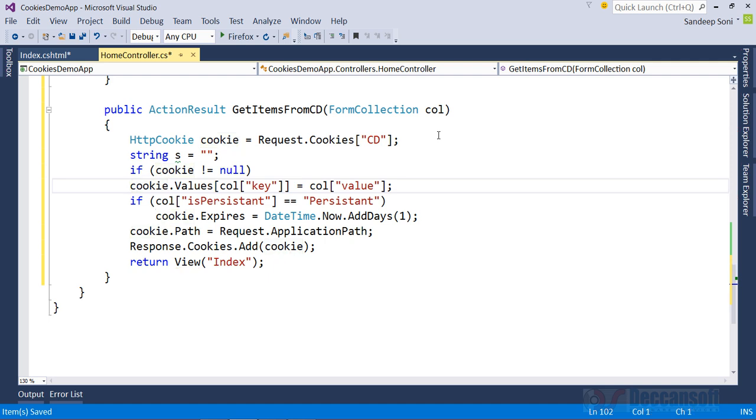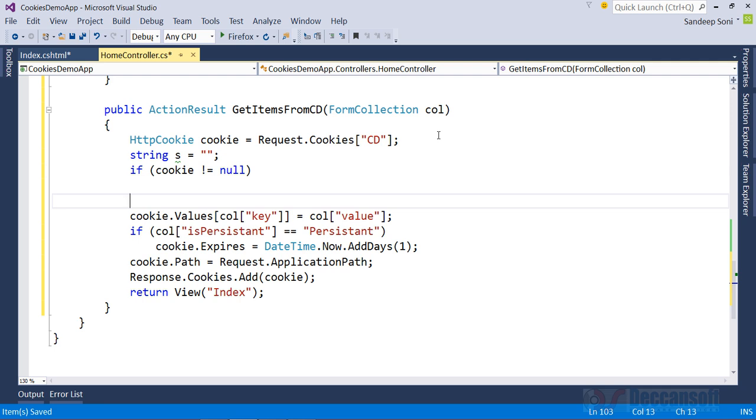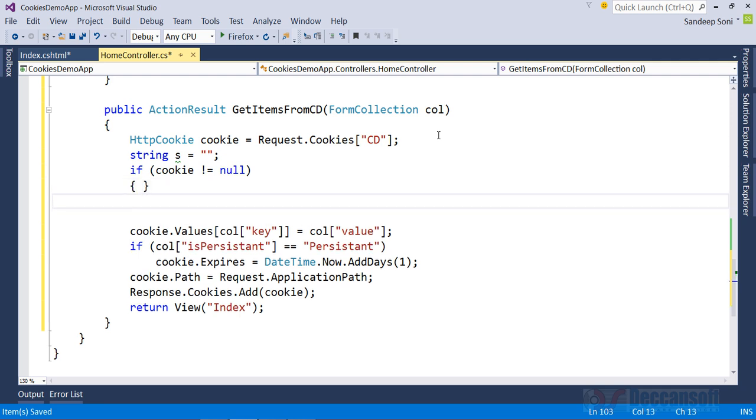What is that? We would like to now go through this values collection, and as we are going through the values collection, we are going to get one key at a time, and once we know the key, based on the key we can get the value. So how do we write that piece of code? If it is not equal to null,